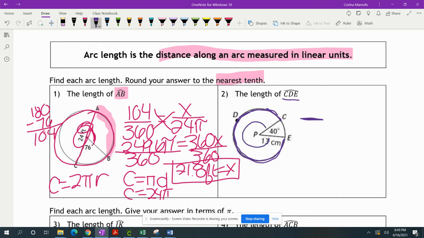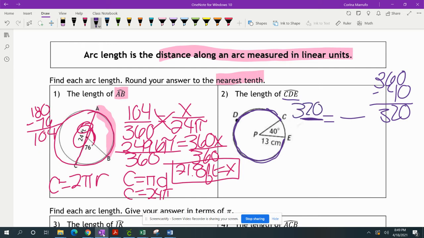If I know that little piece is 40, I'm going to do 360 minus 40, because one full circle is 360 degrees. I subtract the 40, and that gives me 320. We're just looking for a section of the circle, 320 degrees of it out of the 360. So we set up our proportion. On the other side, we're looking for the arc length, which is x, over the